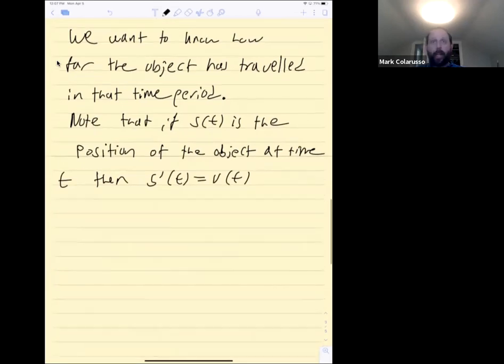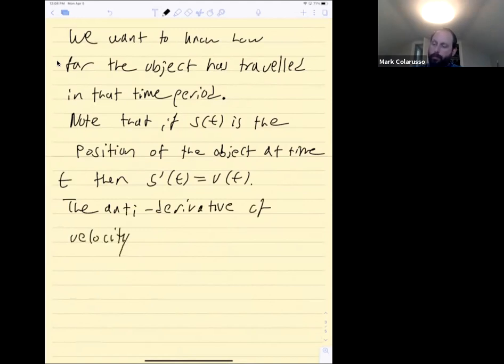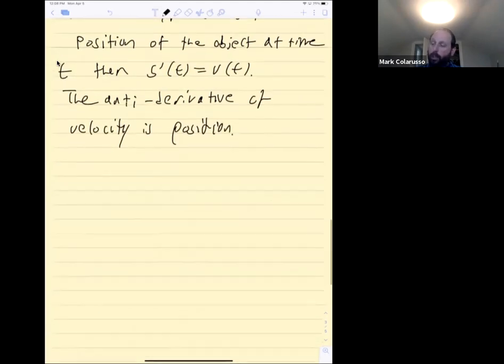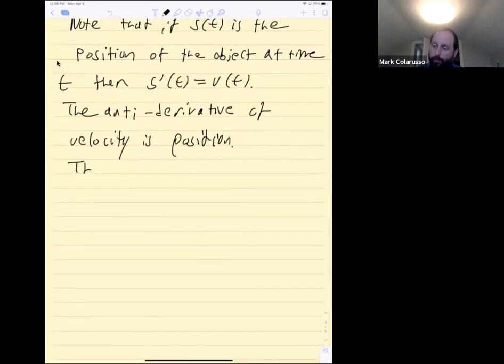So turning it on its head, another way of saying this is that the antiderivative of velocity is position. Okay, so therefore, by the definition of the definite integral,